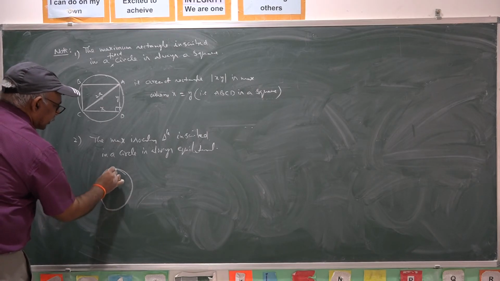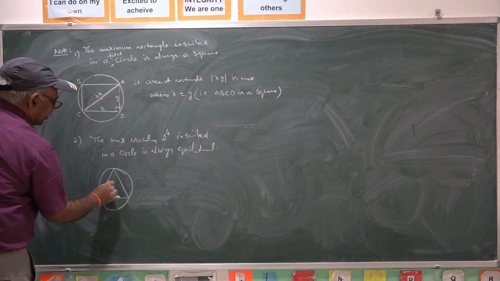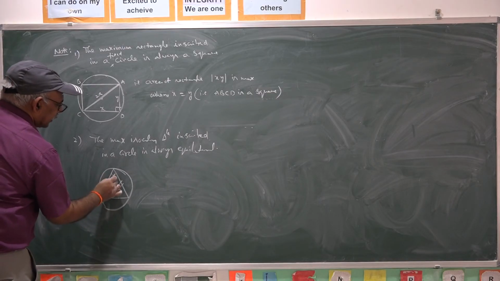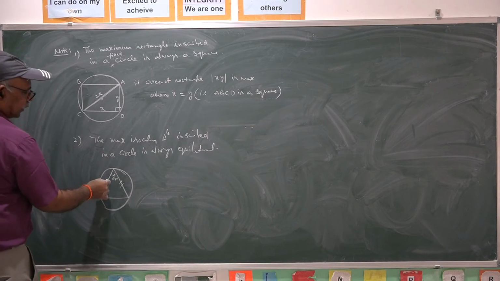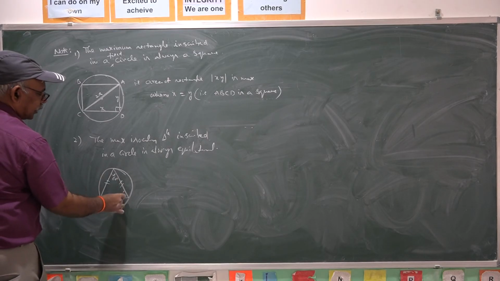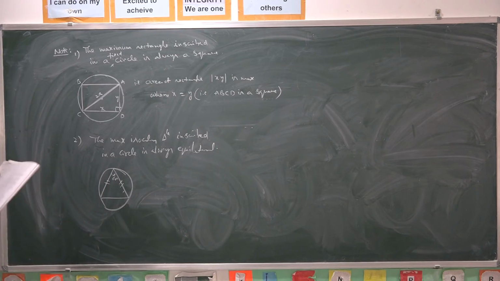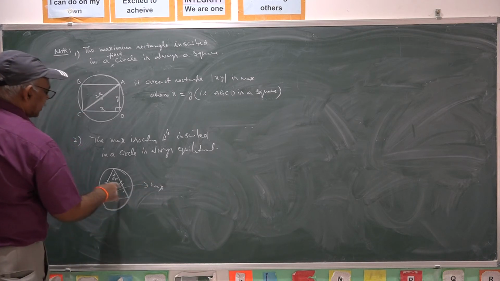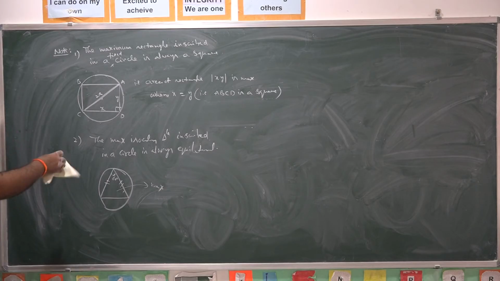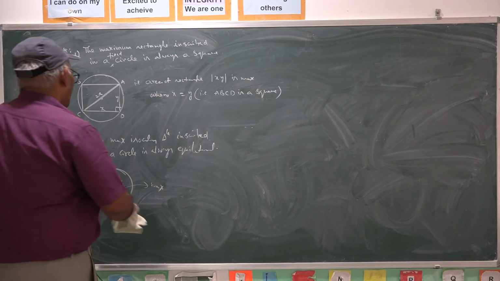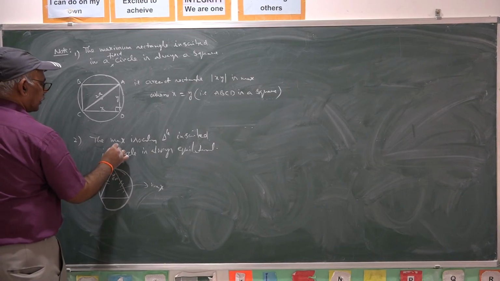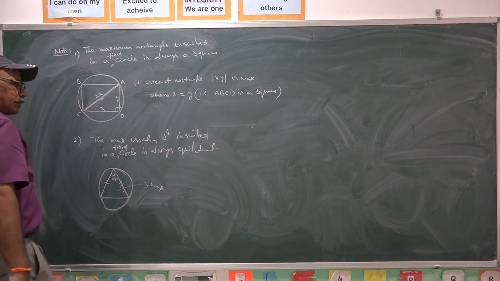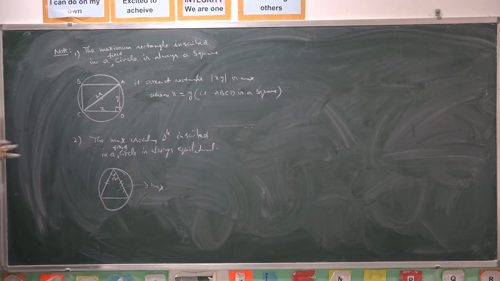This is isosceles. These two are equal, then it must be 60. Once these two are equal, it must be 60. So, this is 60, this is 60, equilateral. That is the concept here. Once the area of this is maximum, and an isosceles triangle is inscribed in a fixed circle, the radius of the circle is fixed, no change. In such a case, that isosceles triangle must be an equilateral.